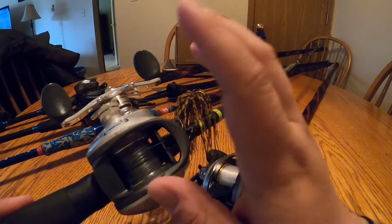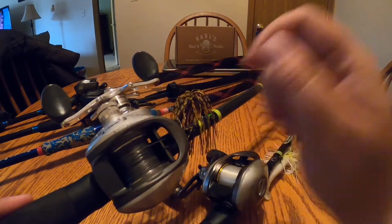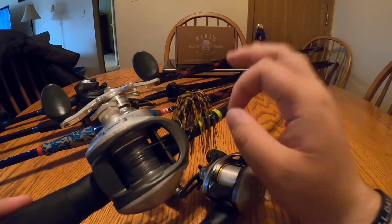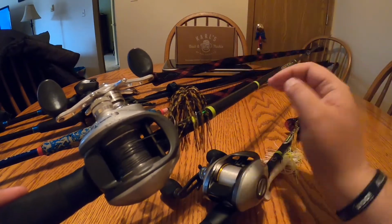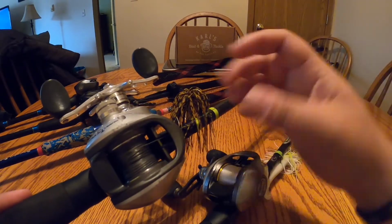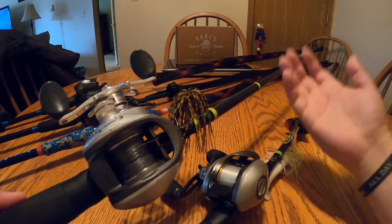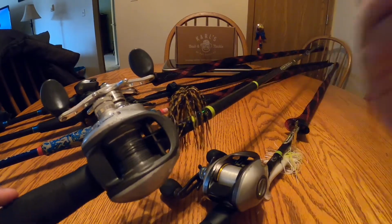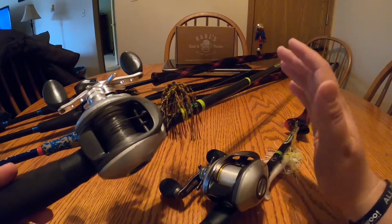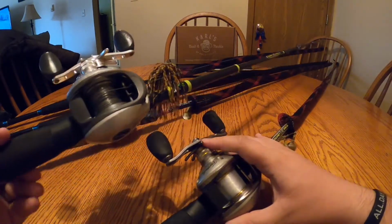With that 6.6-to-1, you want that slower gear ratio so you can get the cast out there, but you work it a little bit slower so you really get the best benefit out of getting your bait down, diving that bait down. With that slower gear ratio reel, bringing it in slower to the bank or to the boat really works out. The one negative that I would have on both of these Bass Pro reels themselves